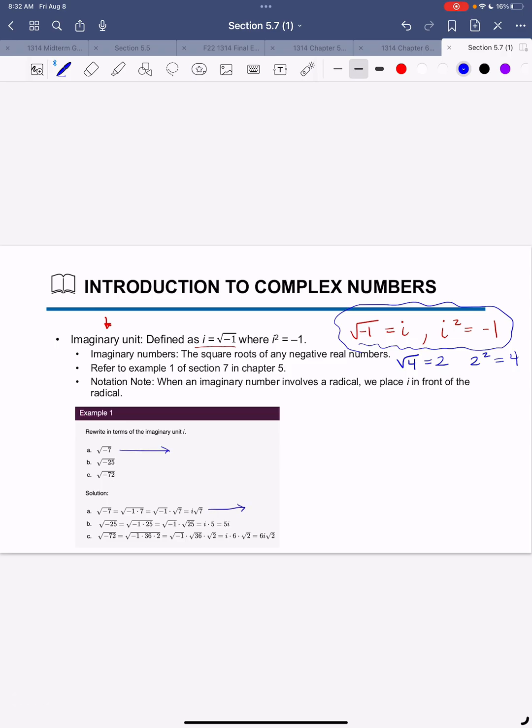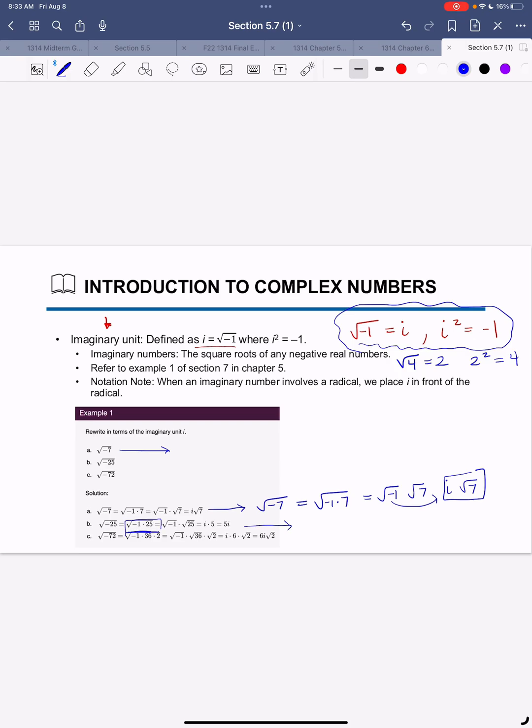is thought of as, well, the square root of -7 we know is the same thing as the square root of -1 times 7. Which we know we can break up as the square root of -1 times the square root of 7. That -1 will always be the i when we take the square root of it. Now root 7, I can't do anything with that, so my solution is just this, because root 7 stays root 7, it doesn't simplify. So in each of these examples, they're starting by rewriting it as recognizing there is a